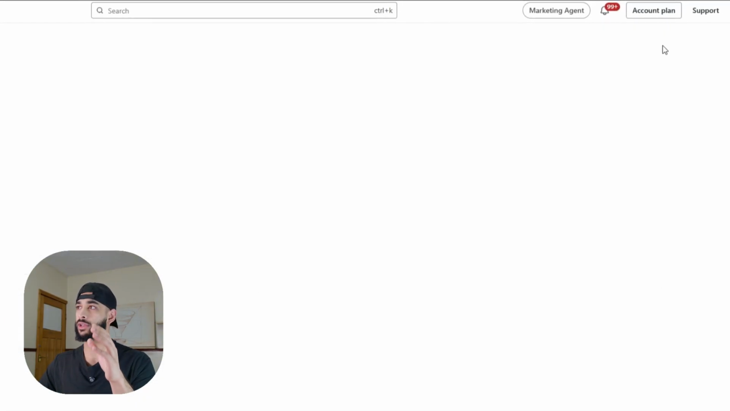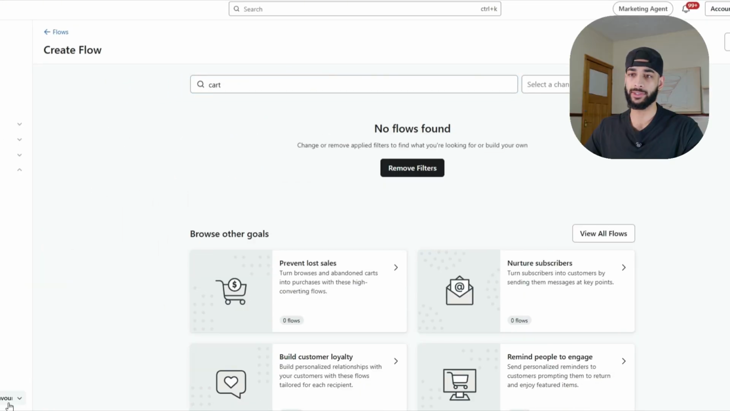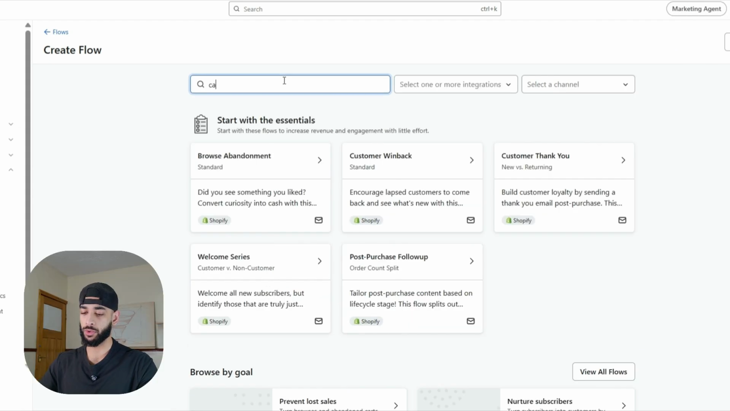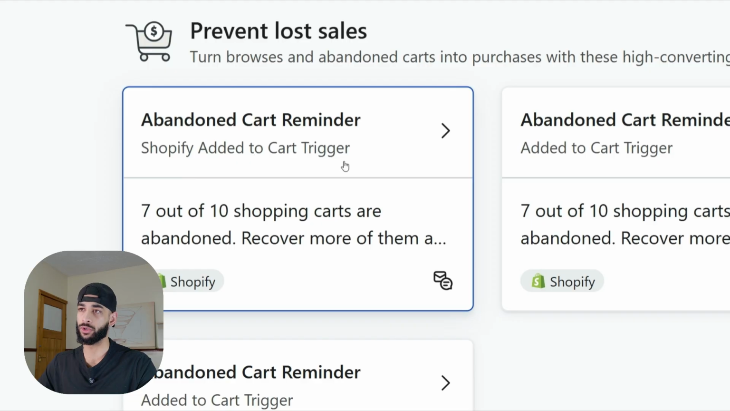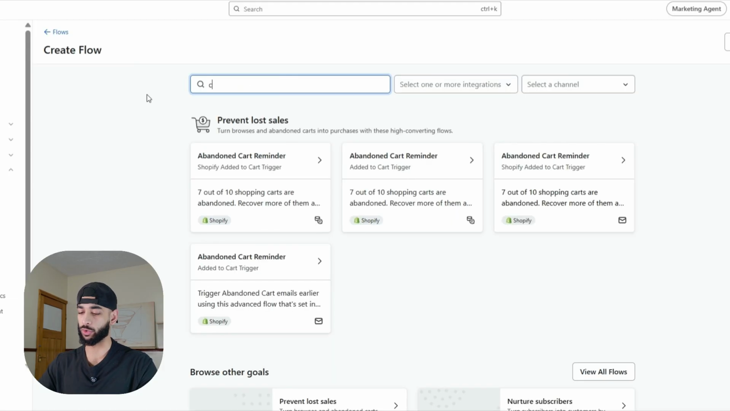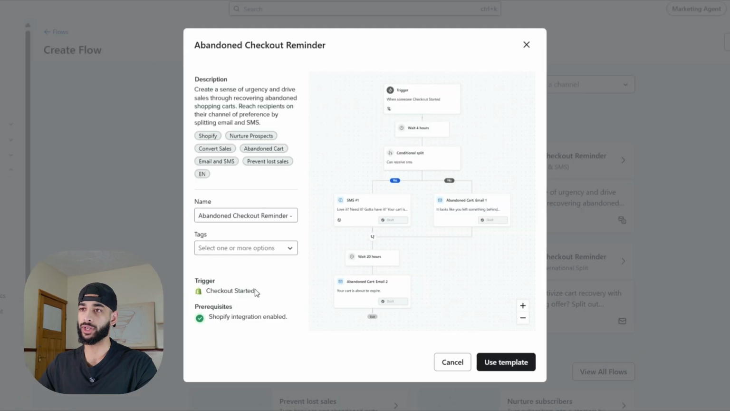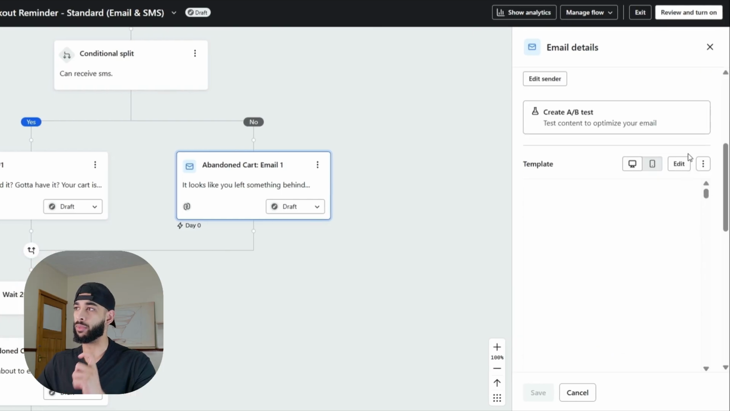All you need to do is click on create flow. You're going to look for Klaviyo's template for the cart flow. Okay, that was a test account. Let me go to a real account. Yeah, just look for cart. Okay, and as you can see here, Shopify added to cart trigger. Just click here, make sure it's added to cart, use this template, and same for checkout, abandoned checkout, where the metric is checkout started. Use this template,